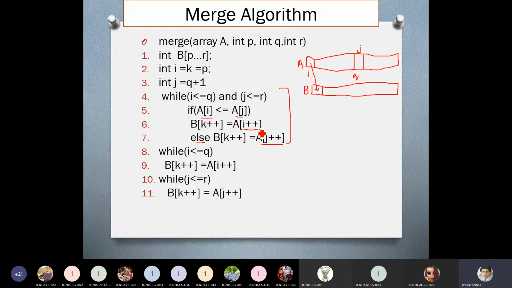If some elements are left on the left side of the array, they will be transferred to B. And if some elements are left on the right side of the array, they will be transferred to B. The first loop transfers the remaining elements of the left side, and the second loop transfers the remaining elements of the right side. After that we simply transfer all the elements of B into A, because A is the array which we ultimately want to sort.